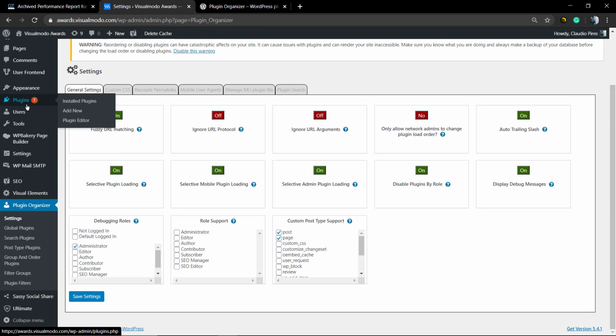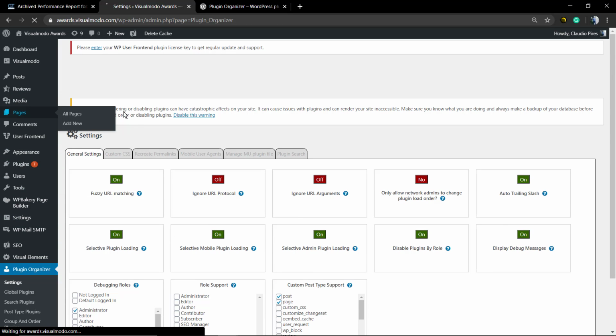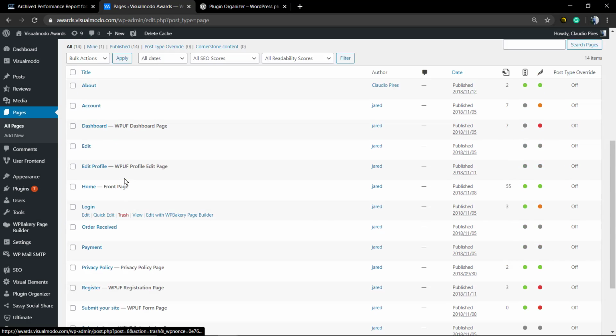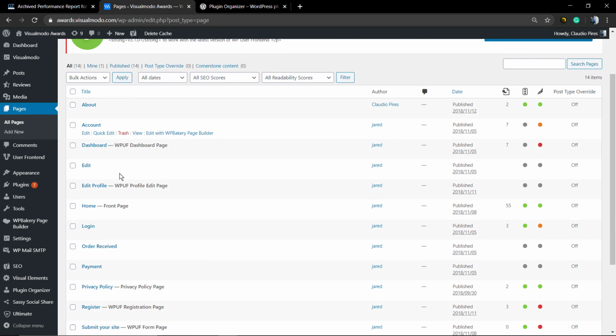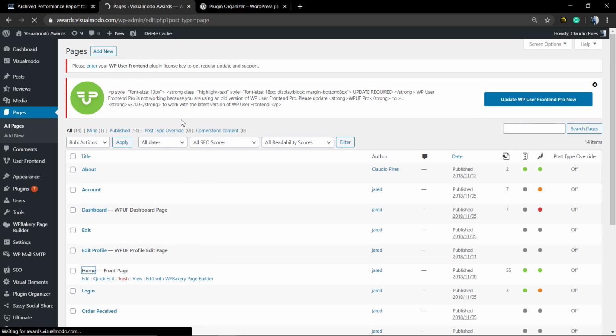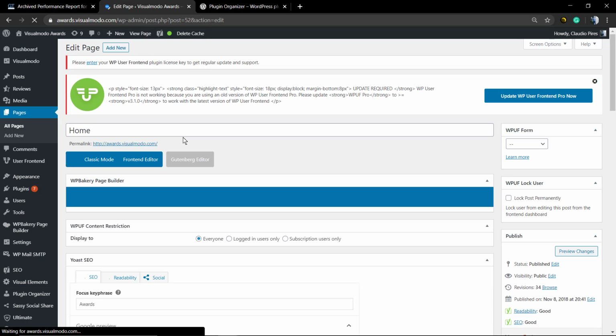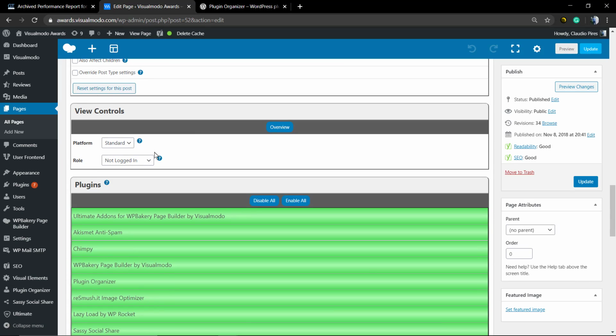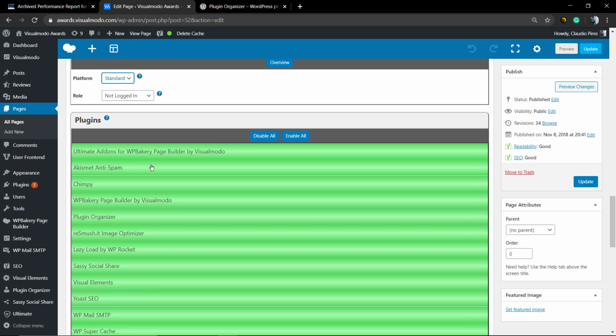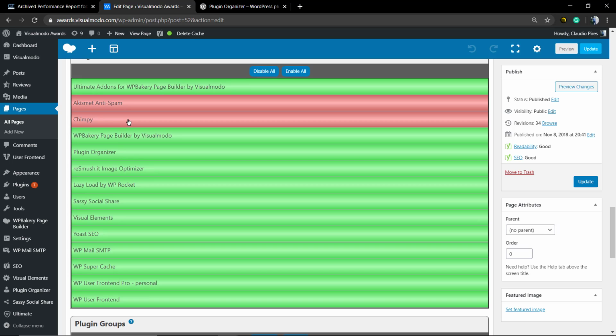Now let's go back to our page. We're going to move to the home page and click on it so we can load the editor. This is a plugin notice; you can dismiss it for now. The first important thing to do is know what your page is using. You need to understand your site and what you did to make this page. For example, here, I did use the Ultimate Addons, but I'm not using Akismet, Mailchimp,